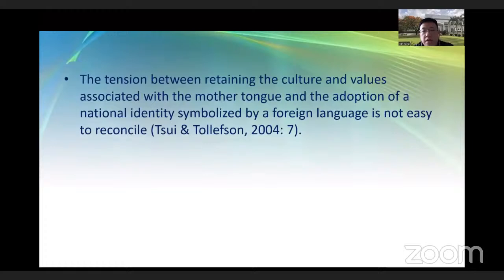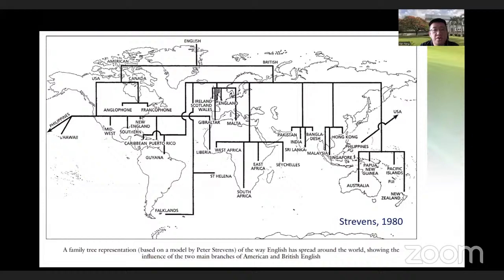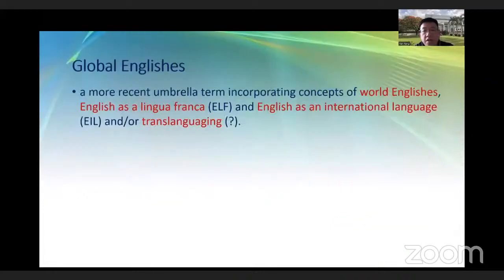So today, in many ELT contexts, the tension between retaining the culture and values associated with the mother tongue and the adoption of a national identity symbolized by a foreign language is not easy to reconcile. That goes to the proposal of global Englishes. So global Englishes is an umbrella term that incorporates concepts of world Englishes, English as a lingua franca, and English as an international language. Some scholars would include translanguaging into this paradigm, but